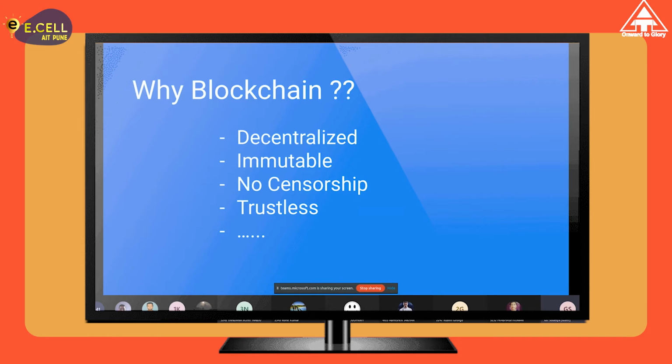Going back to the bank example we talked about a few minutes back, if the bank goes down, gets corrupted or gets hacked, you are at a loss. Your data is at a loss, your assets are at a loss. But with a decentralized system like a blockchain, you don't have that problem, because there is no single authority governing the system. Everybody has equal rights in the network, so it's much more robust in that sense.